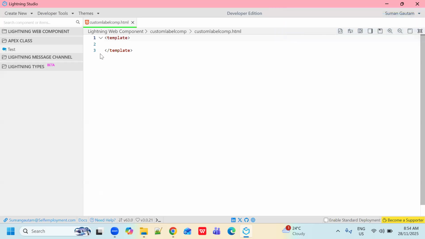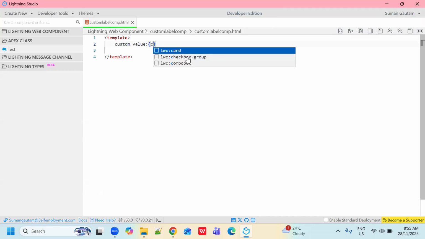So in our HTML component, we just need to give a variable here, that is, I'm giving custom val.